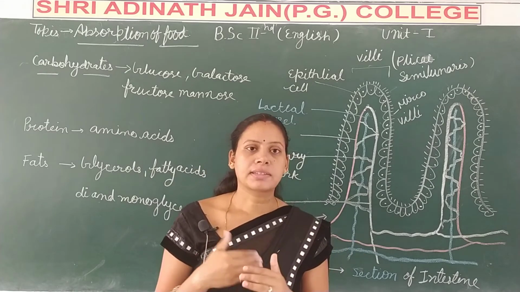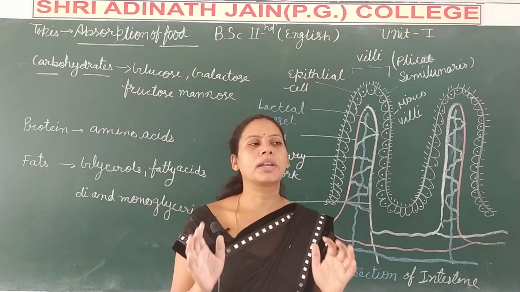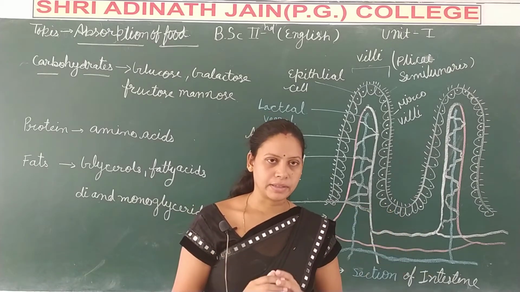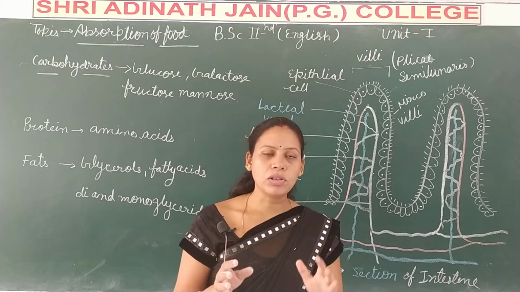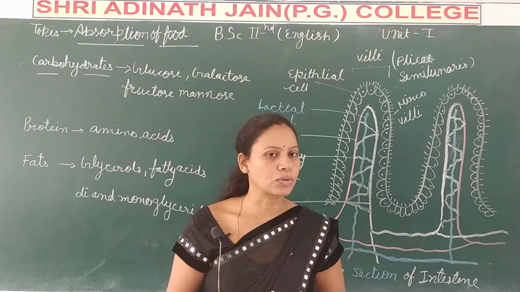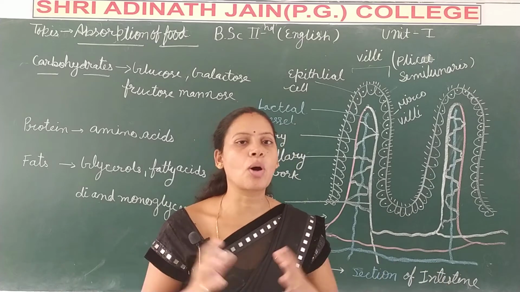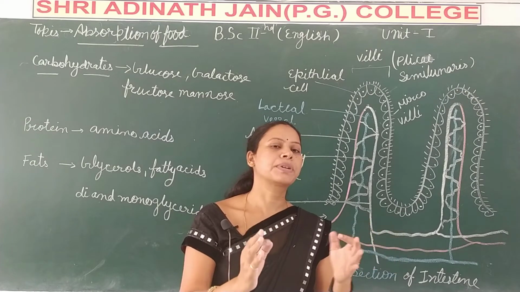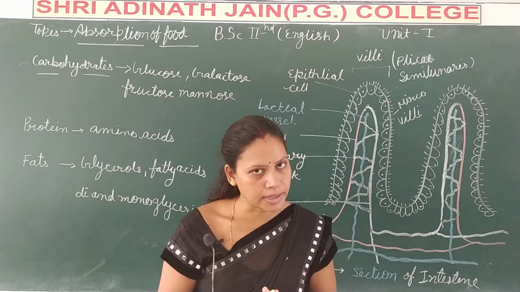Starting from the alimentary canal, in our mouth no food material is absorbed, only some medicine drugs are absorbed there. When we go further into the stomach, only a very small amount of food is absorbed, like water and glucose. It means that most of the food is absorbed by the small intestine. Approximately 90% of the food material is absorbed from the small intestine.